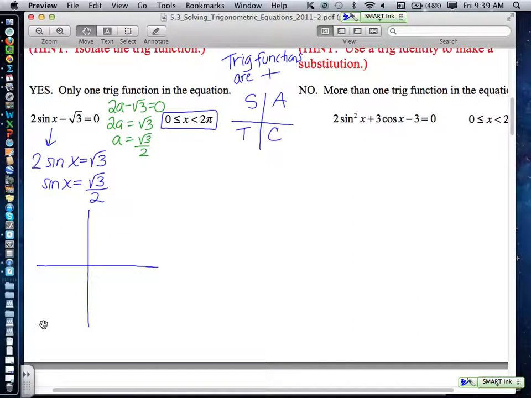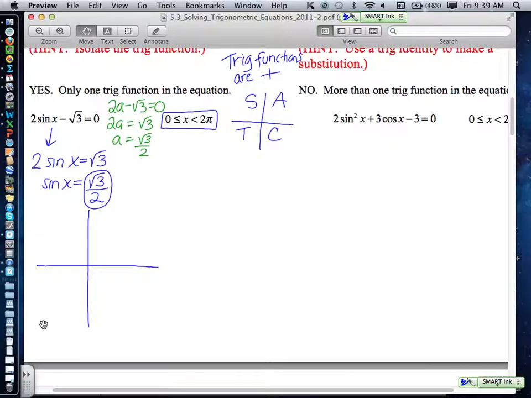So in the first quadrant, all of your trig functions are positive. In the second quadrant, just the sine. In the third quadrant, just the tangent. In the fourth quadrant, just the cosine. So when I see a positive value here, if I see root 3 over 2, that means I'm going to